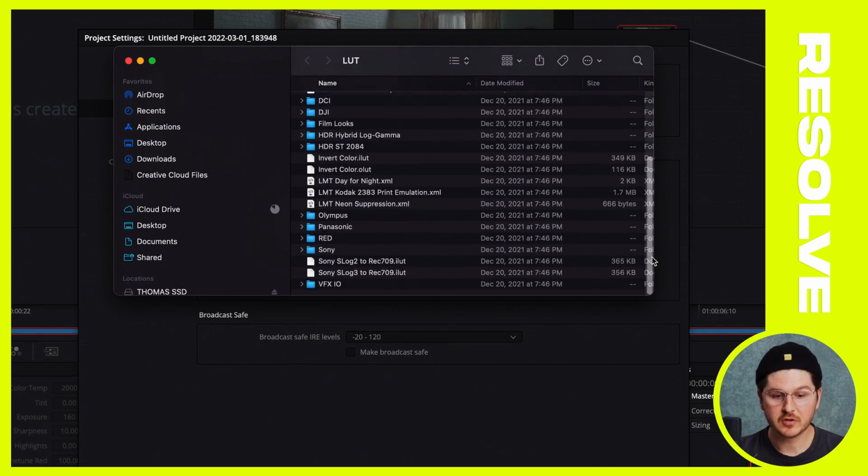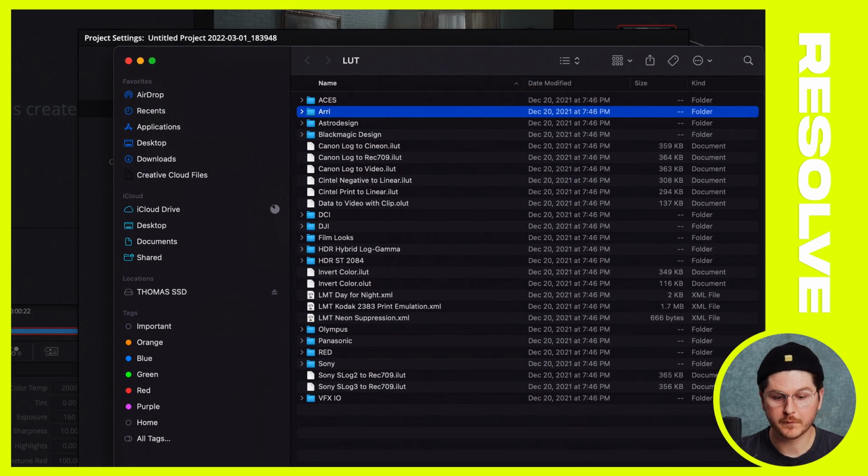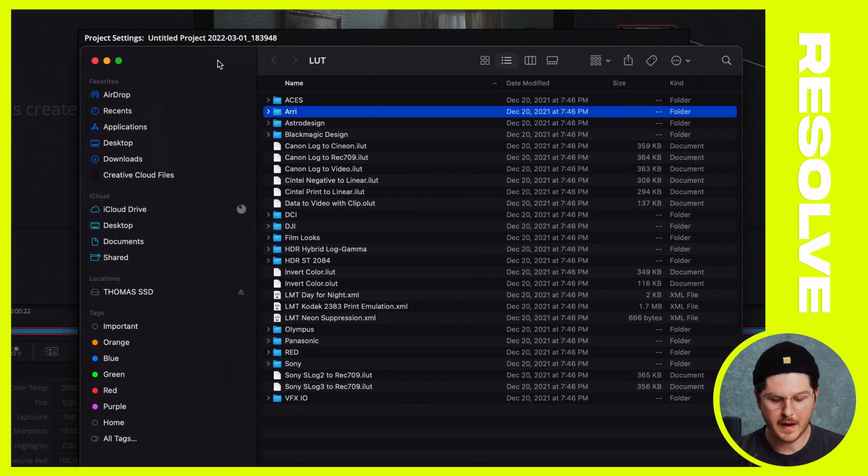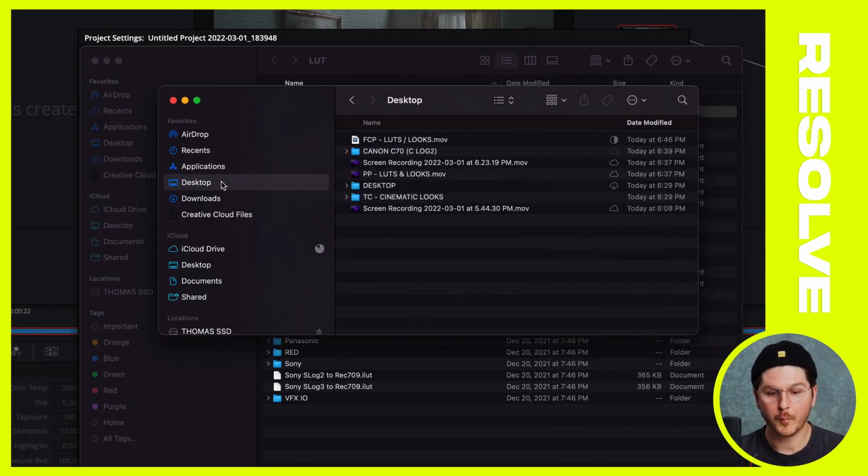So I'm going to create my own folder, or I think the easiest way is to copy and paste a folder into this. This is like the directory. Anything you add to this folder is going to appear in Resolve. Right now, none of the Tropic Color conversion or creative looks are in this directory, so we need to add that. So on a Mac, if I hit Command N, it's going to open up a new tab,